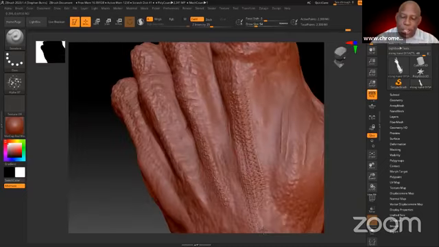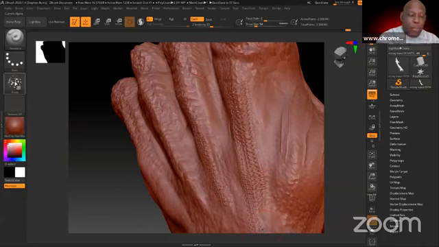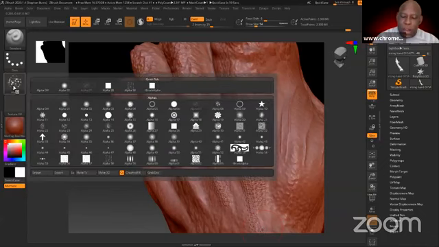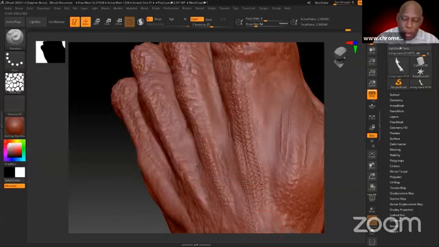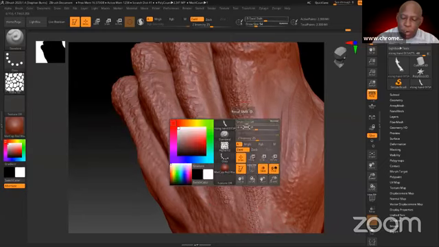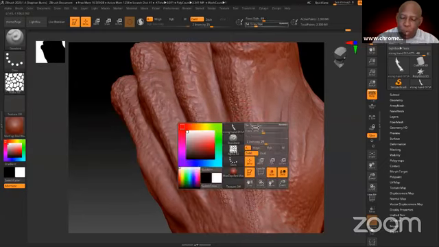So that helps me to modify my brush a little bit, give it a different feel. It's the same brush, it's just that we modified the alpha, right? If I come over here to something different, let's go to that one right there. Let's make this brush a little bigger. Oh, wrong one. I want that one there.